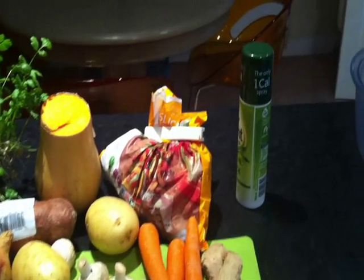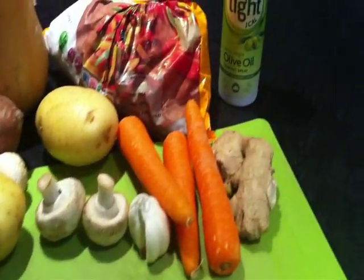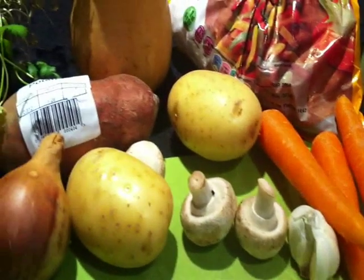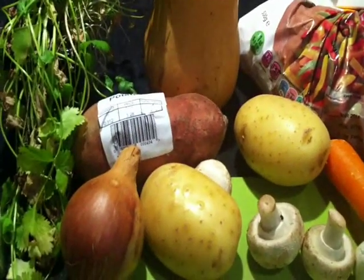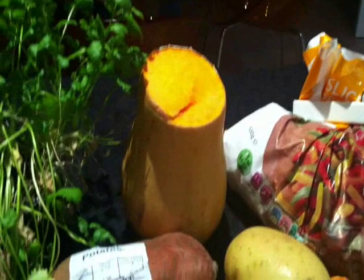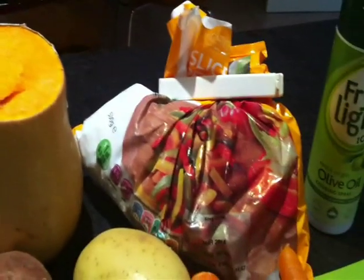Okay, so the ingredients are, I'm going to use Fry Light, of course. I'm going to chop up, grate some ginger, carrots, garlic, just a few leftover mushrooms because they're in the cupboard, one sweet potato, two normal potatoes, an onion, butternut squash, the other half from what I used on Friday night,